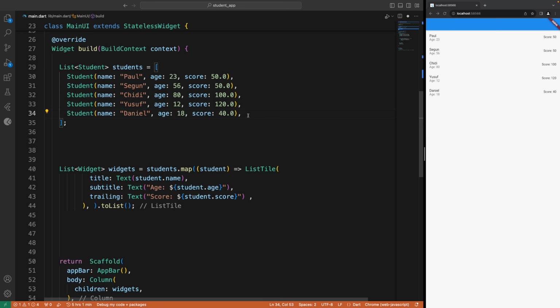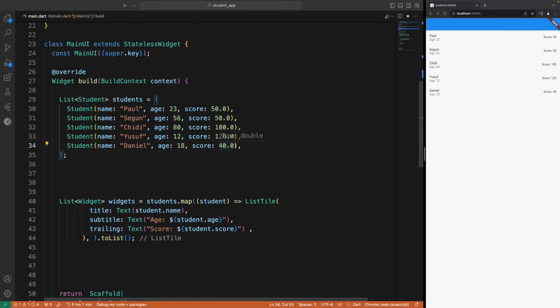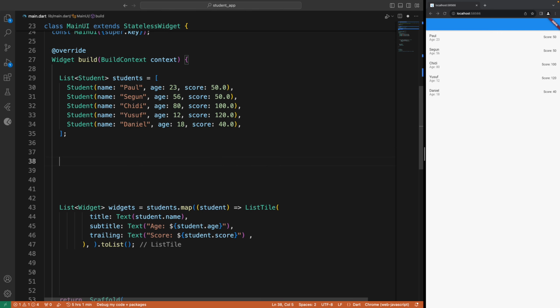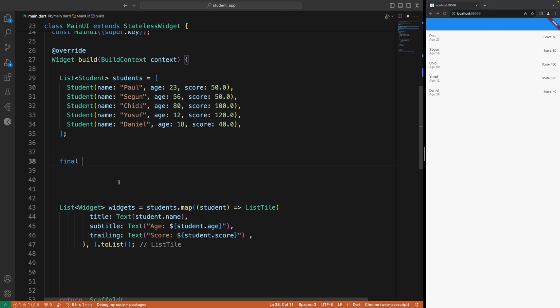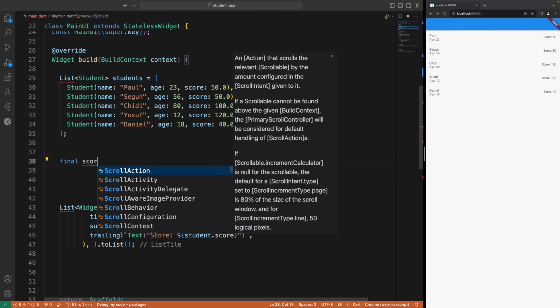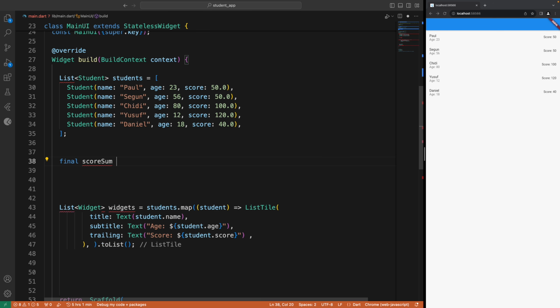And then sum of all the score, divide it by the total number of students and multiply it by 100, and then that's going to give us the average. So how do we actually do that? Is for us to do the same thing we were doing here with map. So we are going to do score sum, and then we paste this. And now what we are going to do here is to